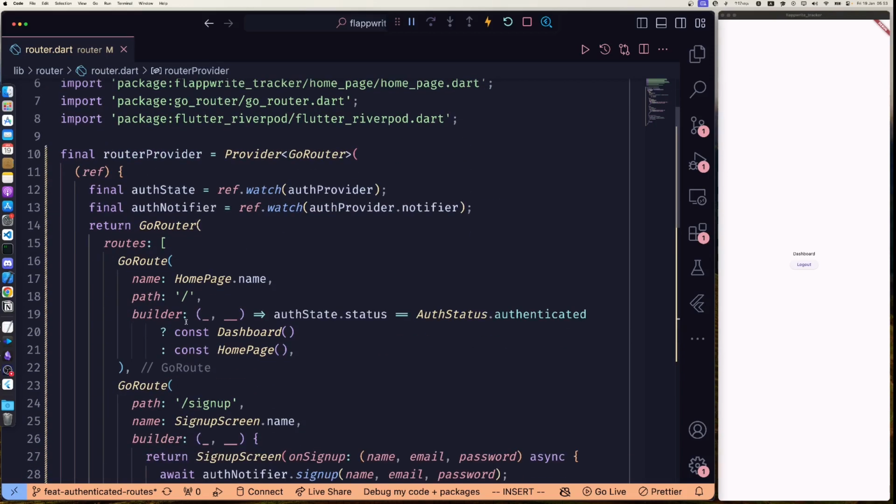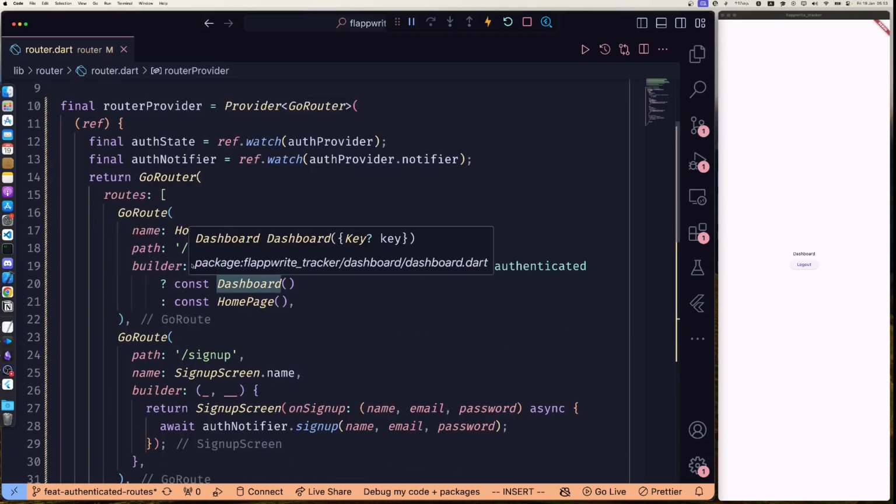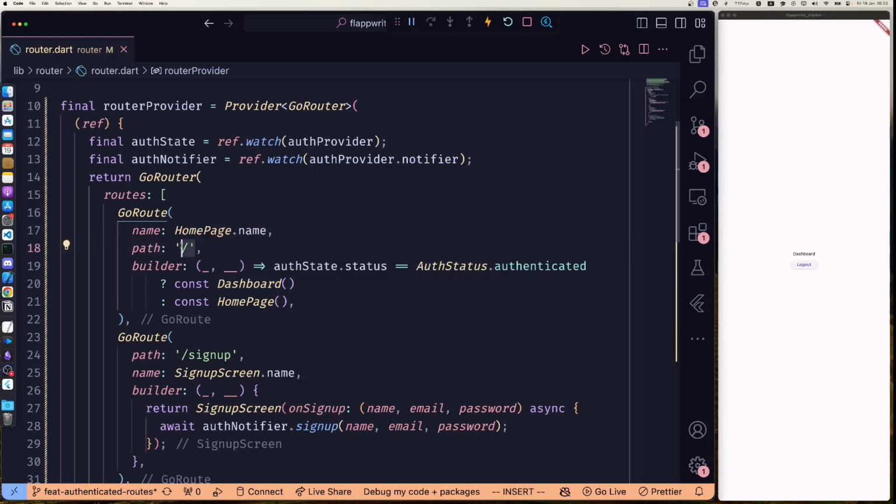And we need to update this, so we can keep the root page as it is and then add